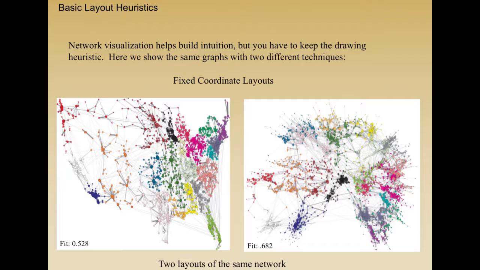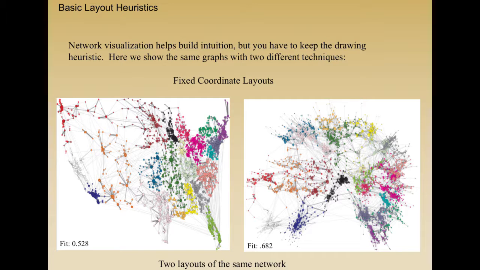Now, a third common way of displaying a network is to use some sort of fixed coordinates. This is a hospital exchange network, excuse me. And in this case, hospitals live in a real geography, so you can plot it in the geographic space. Now, if I were to use a basic spring embedder or other kind of force-directed layout, what you find here is that it distorts the space, right? And so there's some lack of fit between what you'd get from a spring-embedded layout versus a space-based layout.